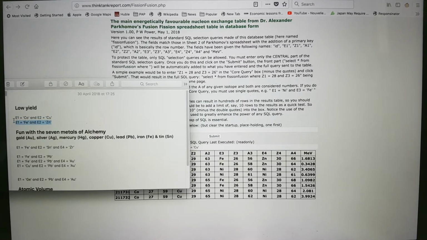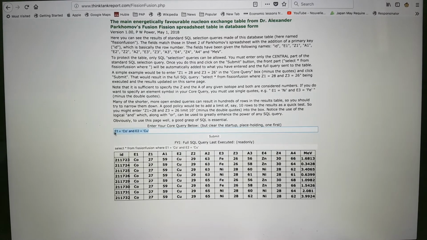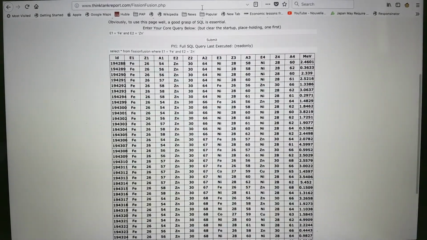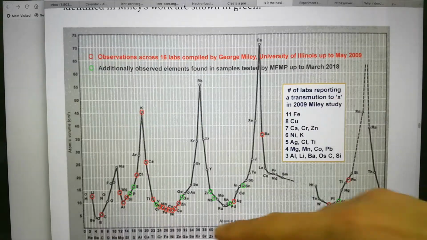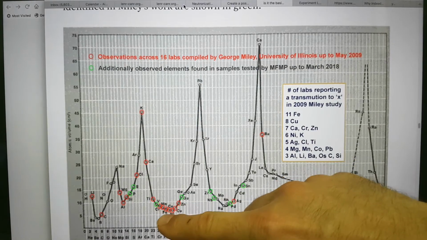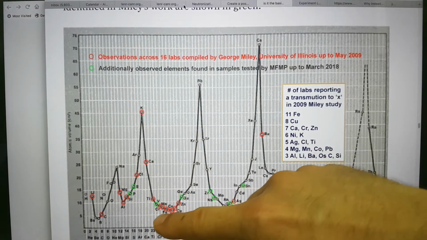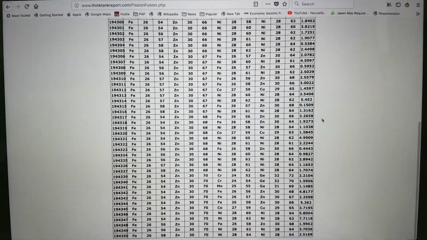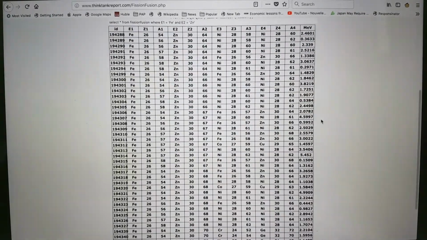I'm going to look at iron and zinc. So iron's already pretty much down there. Let's put those in and see what we get here. And so there are more reactions there with iron and zinc. So if we go back here, we're looking at iron and zinc. So we're putting a bigger spread around nickel there. And so that gives us more reactions here. Now,